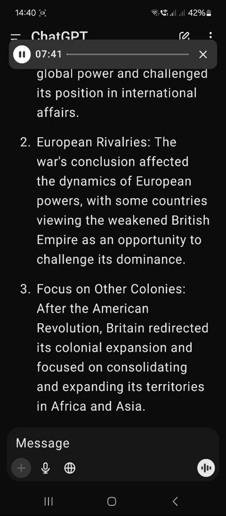The American War of Independence had profound and multifaceted impacts on Britain in various aspects of political, economic, social, and foreign policy. Here are some of the major consequences. Political impact. 1. Loss of American colonies. The most significant political impact was the loss of Britain's 13 American colonies, which declared independence and formed the United States of America. This weakened Britain's global